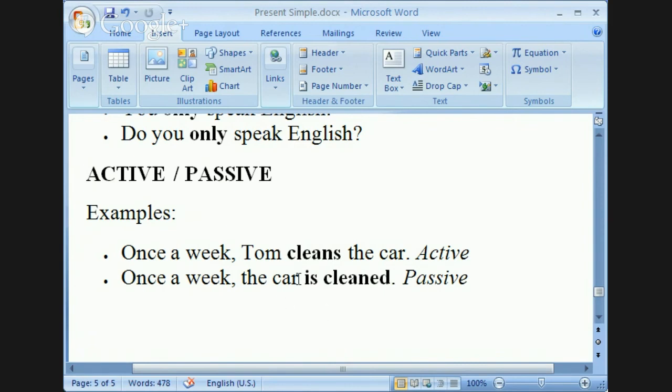In this case, the car, even though the action happens to the car, is now considered to be the subject noun. The car is cleaned. Notice the form, the verb to be. Always you need the verb to be in all passives. The car is cleaned, and notice we have the